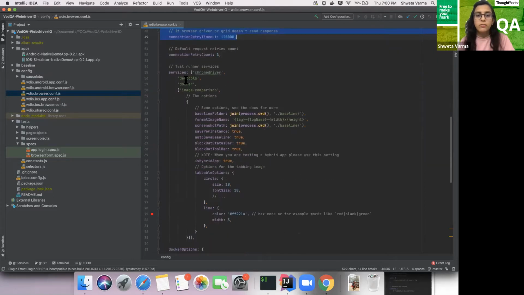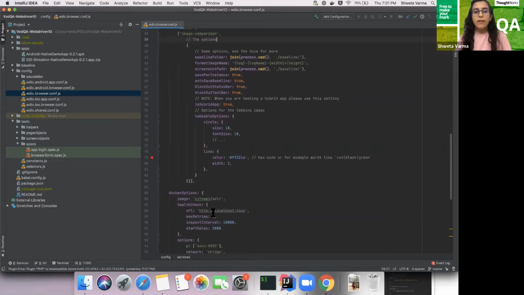So here is the one we were looking forward to: services. This was the one which I defined earlier, and on top of that, I added three more services. I have added DevTools, Docker, and image comparison. If you want to use these, you can have them copy pasted.